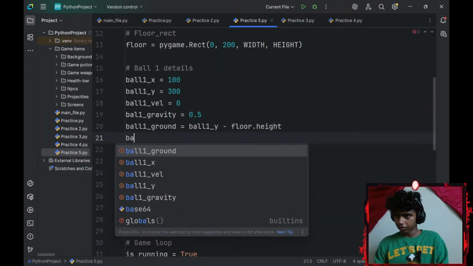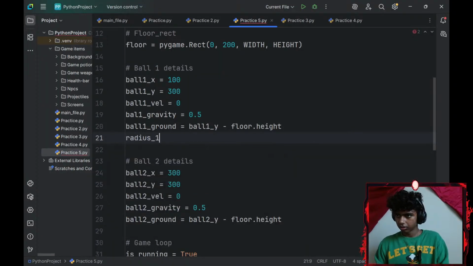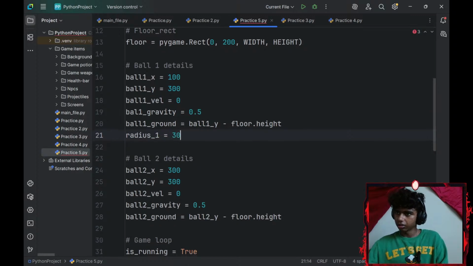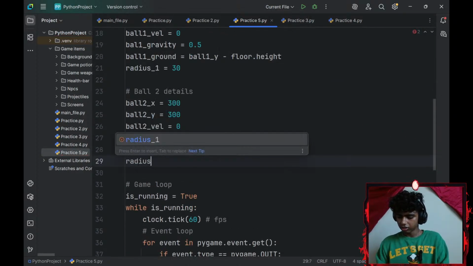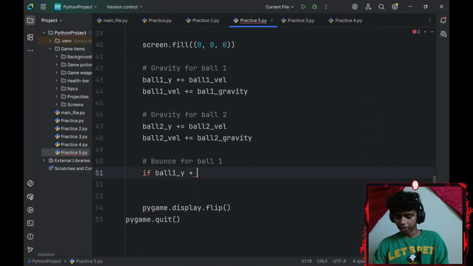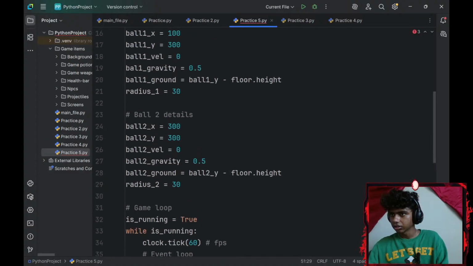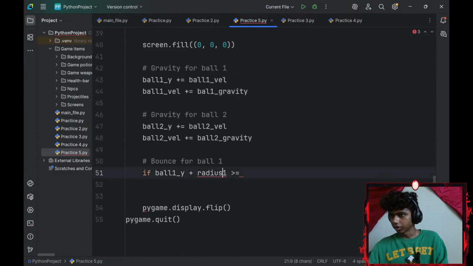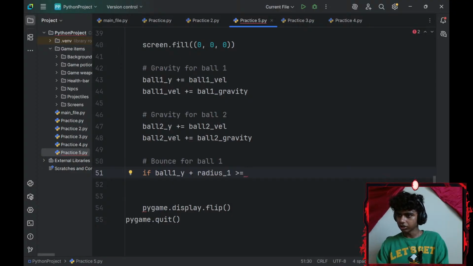Okay, let me go with radius_1 equals 30, and here radius_2 equals 30 as well. Okay, if my ball 1 plus my radius 1 is greater than or equal to, did I spell radius correct? Oh, it's radius_1. Okay, if my ball 1 plus my radius 1 is greater than or equal to my ball 1 ground,